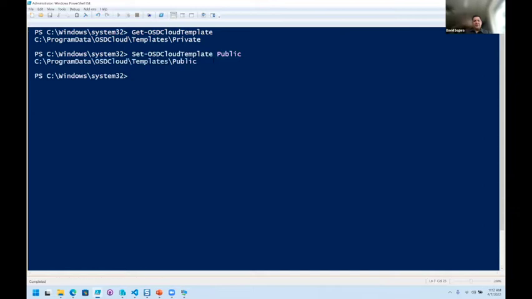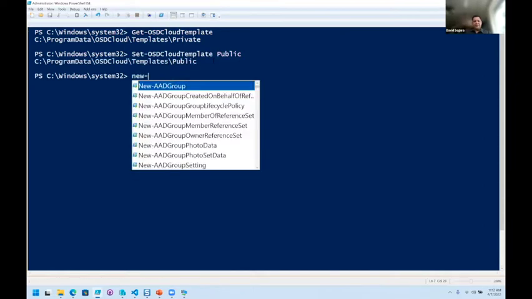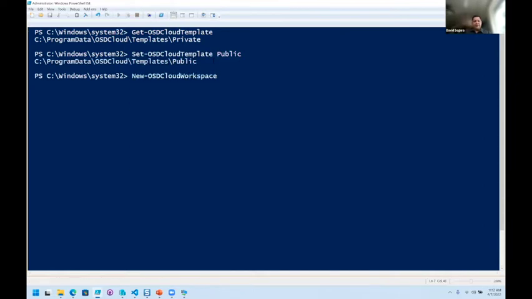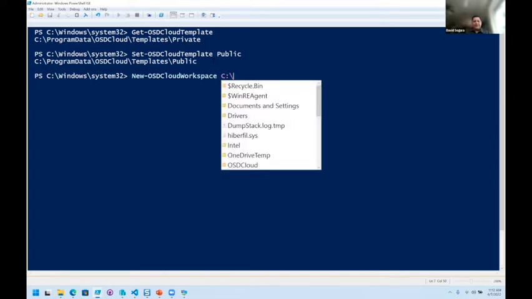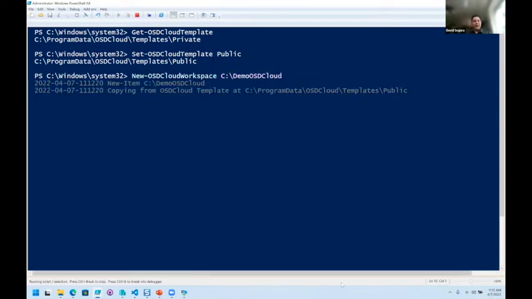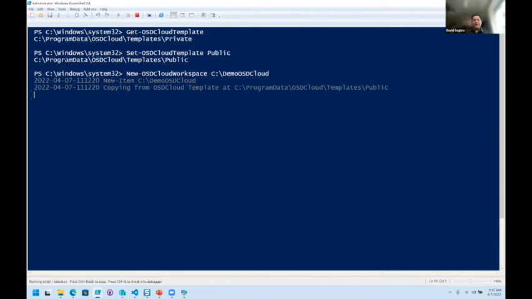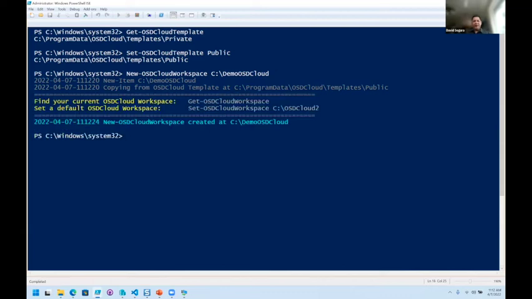And I will change it to a public template. And I want to create a new workspace, and a workspace is simply a copy of the template,